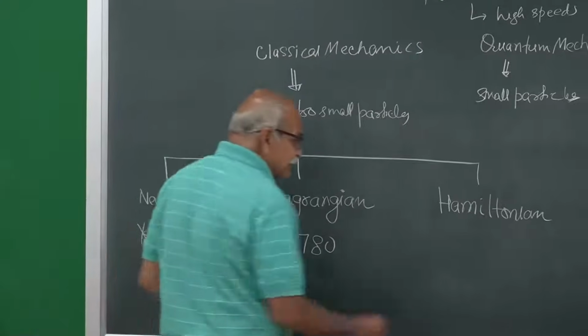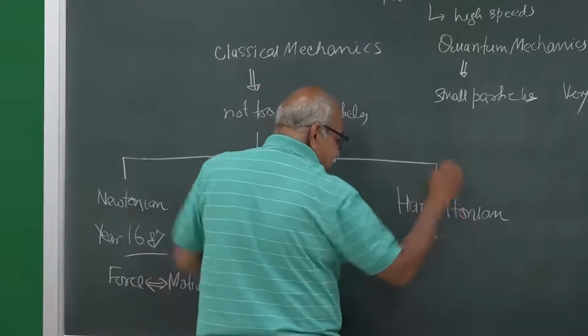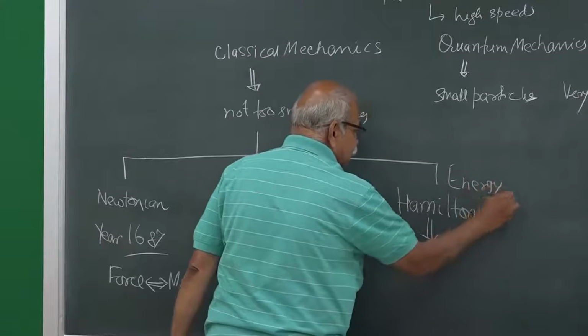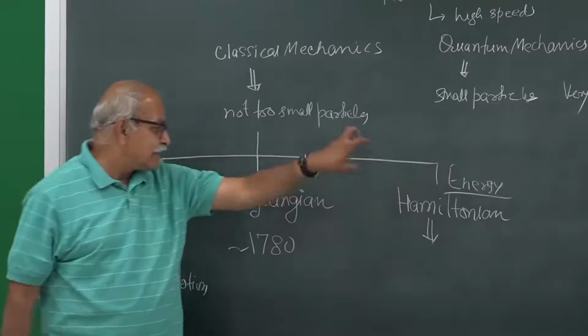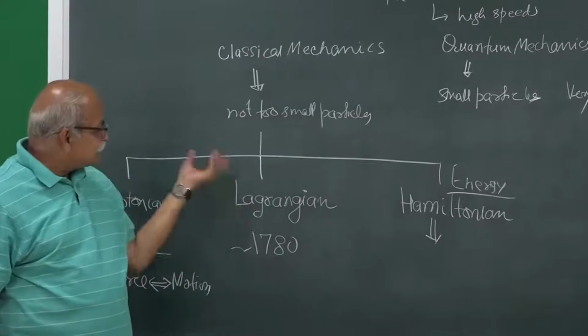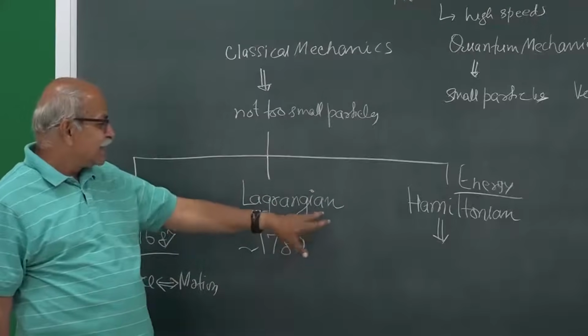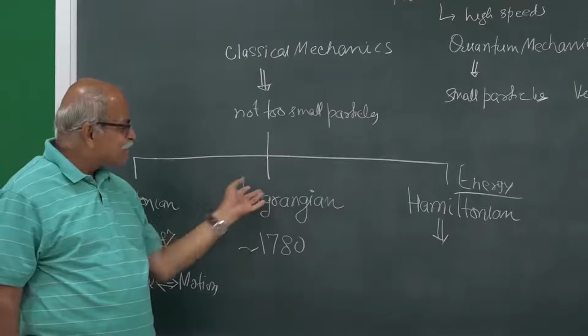The biggest advantage of this Hamiltonian formulation is that the central thing is energy: kinetic energy, potential energy, and total mechanical energy. That is the central idea. Here, the central idea is yet another function called the Lagrangian function, again based on potential energy and kinetic energy, but